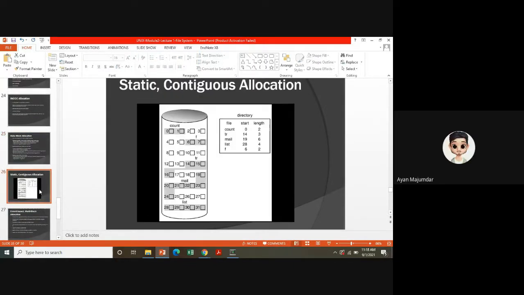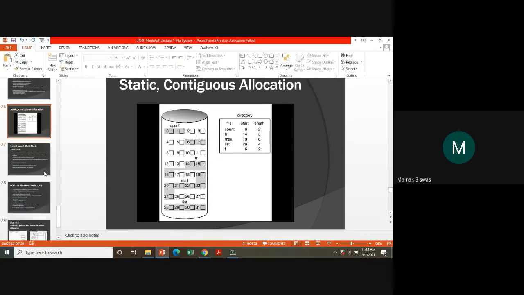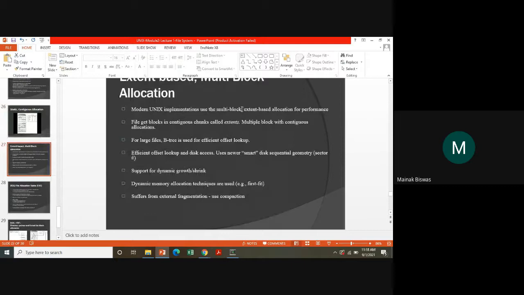আচ্ছা, ওকে স্যার। তো স্ট্যাটিক কন্টিগুয়াস অ্যালোকেশন মানে ফাইল, ধরো ফাইল হচ্ছে কাউন্ট তো 0 আর 1 মানে দুটো, টিআর হচ্ছে ধরো বেসিক্যালি স্টার্ট হবে 14 থেকে 14, 15, 16, 17, এইভাবে কন্টিনিউয়াস স্ট্যাটিক আর কন্টিগুয়াস অ্যালোকেশন হয়। এক্সটেন্ট বেস অ্যালোকেশনে কী হয়, বেসিক্যালি ফাইলকে চাঙ্ক করে আমি ওটাকে ঢুকিয়ে দিই ফাইল সিস্টেমের ভেতরে, ঠিক আছে? তো ফর লার্জ ফাইলস বি ট্রি ইজ ইউজড। তোমরা ডেটা স্ট্রাকচারের বি ট্রি পড়েছো, তো এইখানে তোমরা বি ট্রি সম্বন্ধে জানতে পারবে। ওকে,